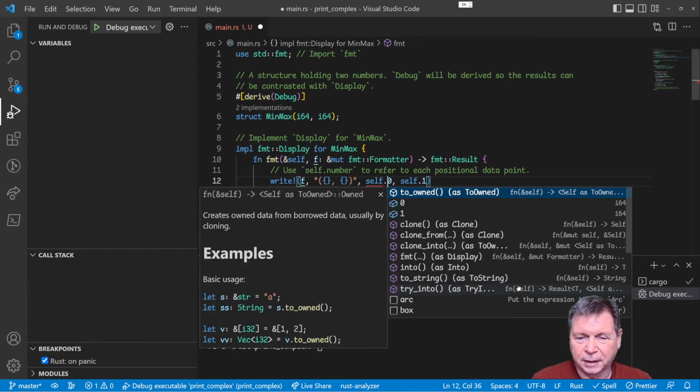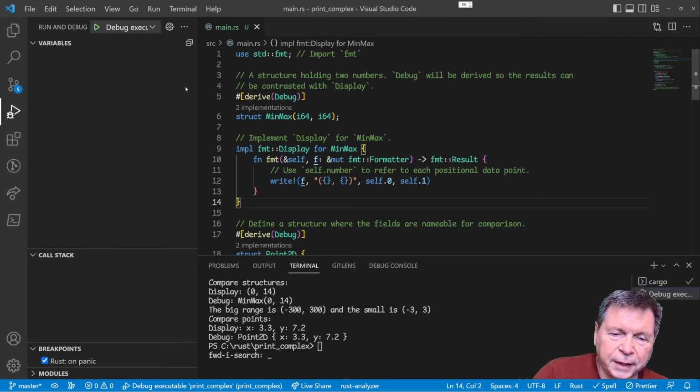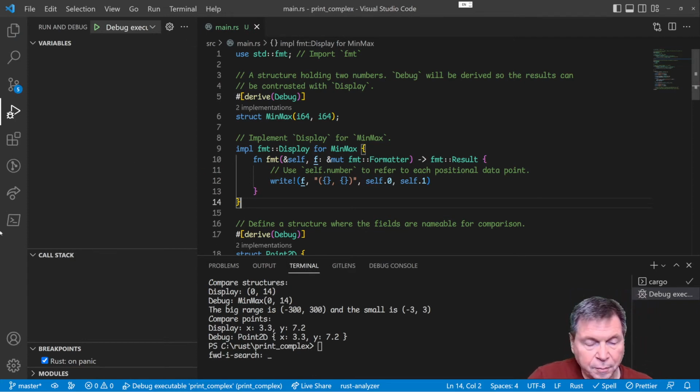Okay, enough playing around for now. Function self creates own data from borrowed data, usually by cloning. I don't know. Interesting. Examples. Well, whatever, good enough. We'll stop the adventuring for now. So this is running. Let's go back to the